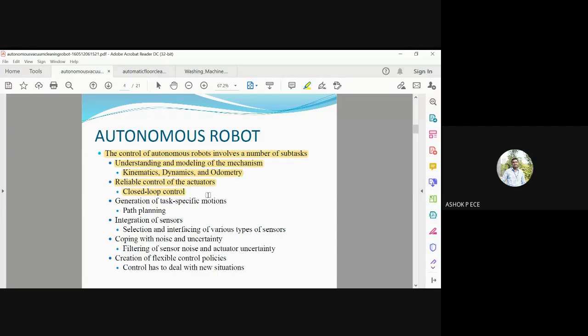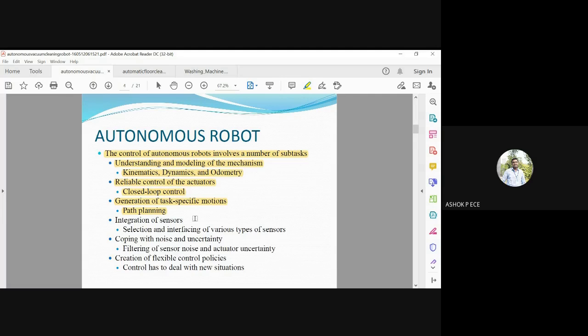Closed loop systems are going to be the safest systems. Closed loop is just like you are getting constant feedback. So you get constant feedback about the surroundings and you take actions based on that. That is going to be the closed loop system. Okay. And how to plan the path of motion? I cannot take a specific path if there are obstacles in the path. I have to change my path, right?